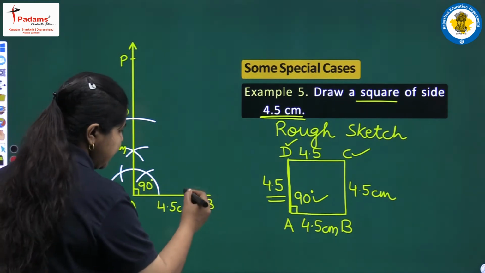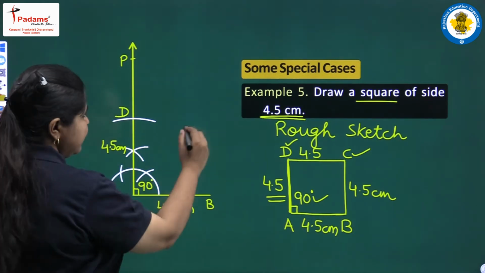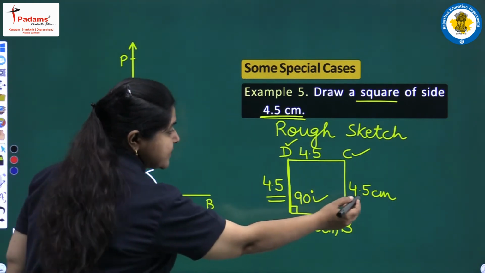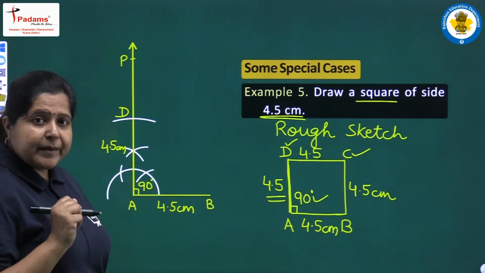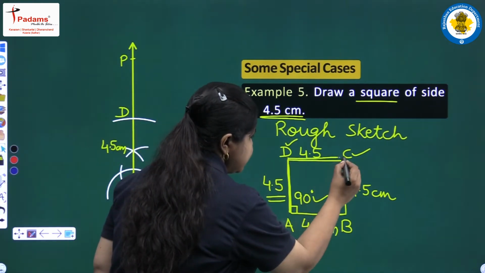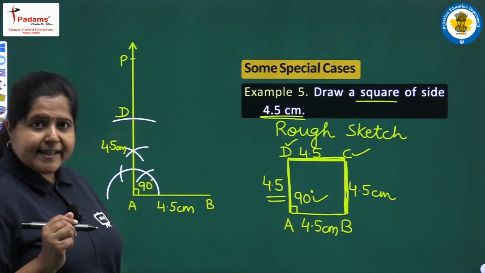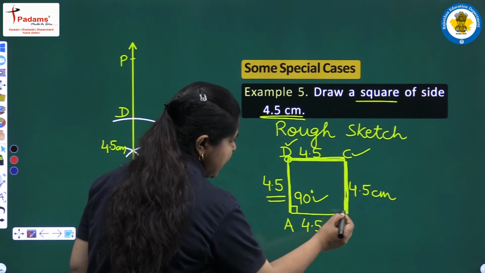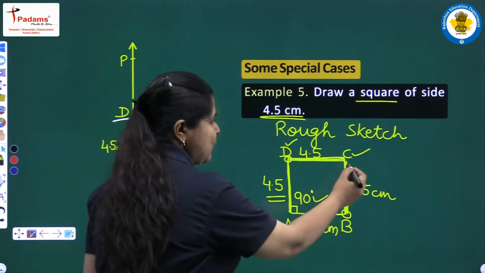First way is we can again draw or construct an angle of 90 degree at point B and get one ray, and then we can locate C similar to the way we have done for point D. We can take this distance 4.5 and locate C over the ray of 90 degree angle which can be constructed at point B. The other way is that we see that this distance DC and this distance CB, we know these two distances, and so taking the radius of 4.5 centimeter and center at D and B, we can draw two arcs, and the point of intersection of these two arcs will give us this point C.